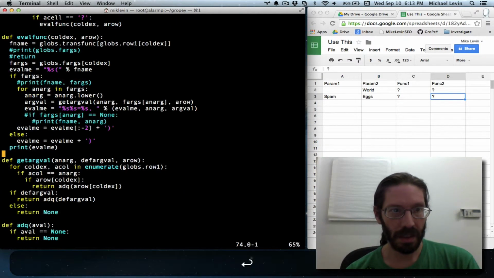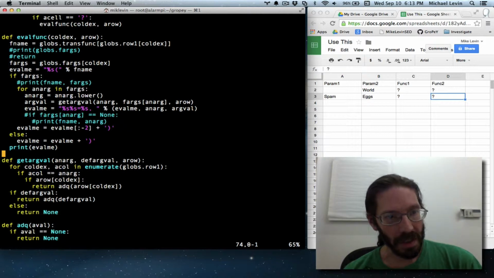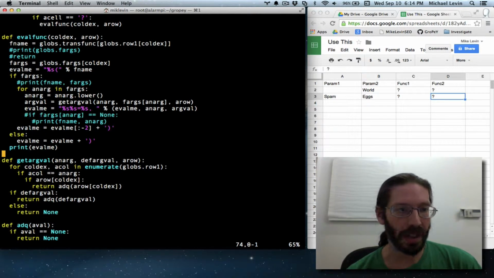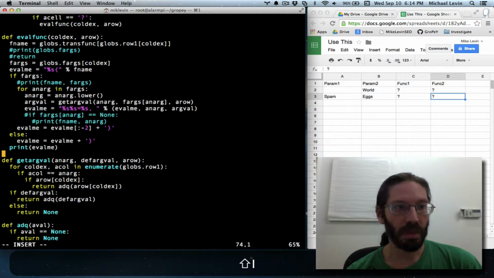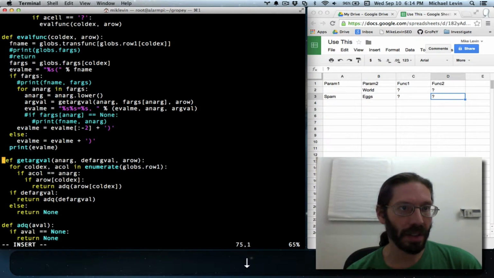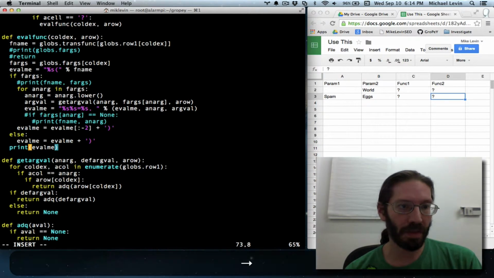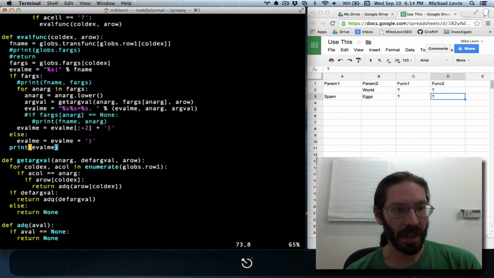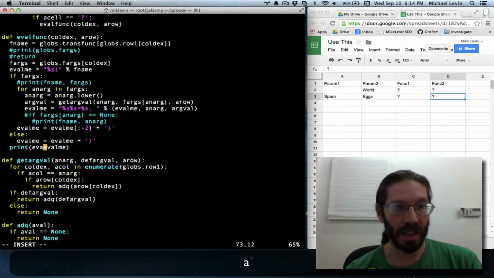And should that be a separate function? Currently we're printing eval me. We want to actually print the output of eval me. So this is actually called eval func, so it kind of belongs in here. Instead of printing eval me, we can print the eval. Well, we'll do both. We'll print of course,